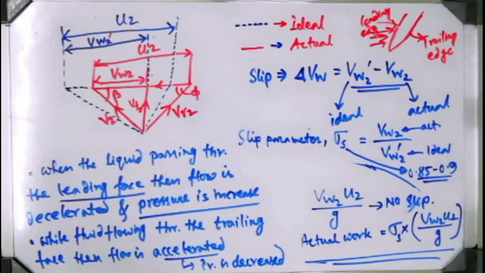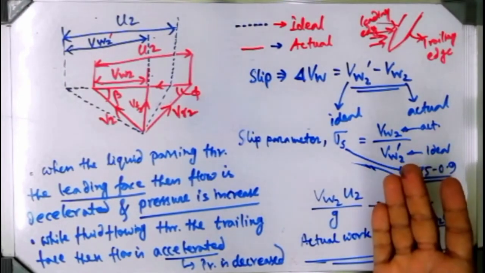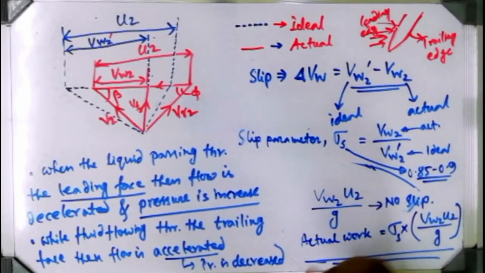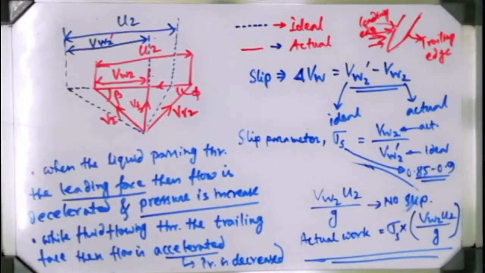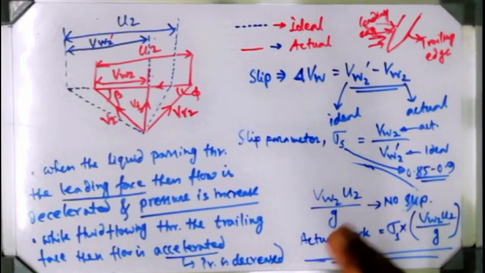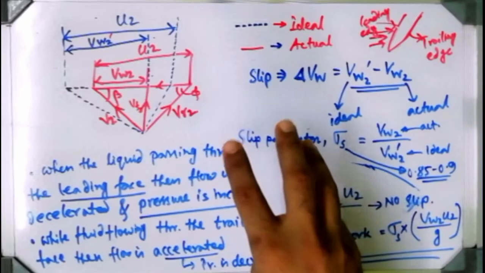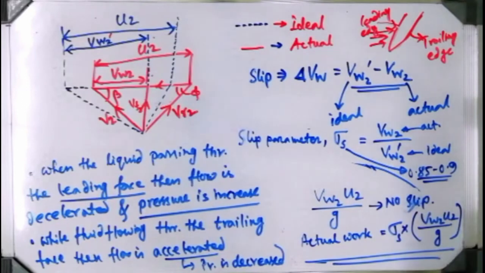But in the actual case there will be some slip, you cannot avoid the slip phenomenon. If we want to avoid the slip phenomenon, what do we have to do? One way you can do that is to increase the number of blades. If you increase the number of blades to some extent, you can reduce the slip phenomenon. But then obviously the frictional losses will increase, because every blade will encounter some amount of frictional head loss. So it is not possible to just increase the number of blades to avoid slip, because you have to consider the frictional loss as well.